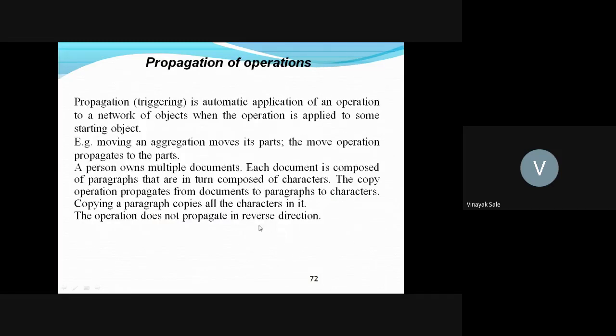Then propagation of operation. We'll study the remaining part in the next lecture. Before we stop here,